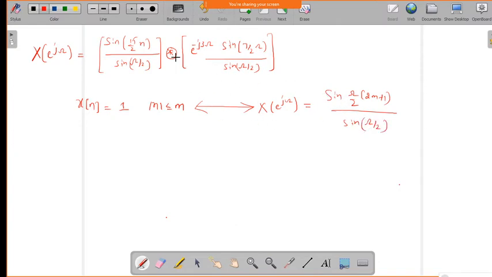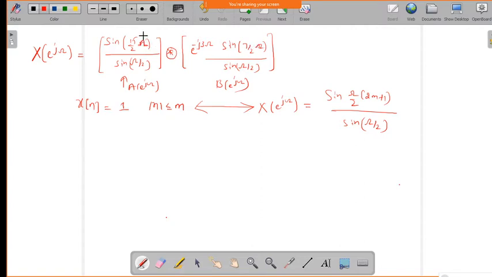Now here you just have to find out the value of m such that it will give this. I told you to take this as A of e power j omega and this as B of e power j omega, and find out the value of m. This DTFT only exists for that value of m. Now if you split this, this is 15 omega by 2, 15 omega by 2, and this is 7 omega.